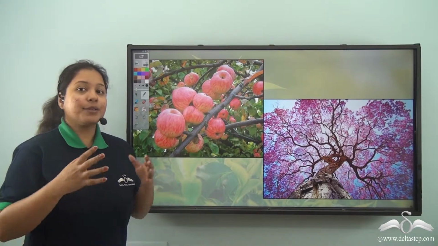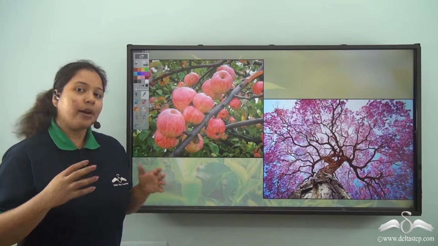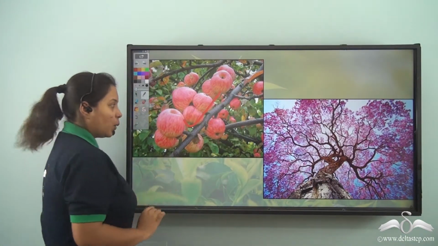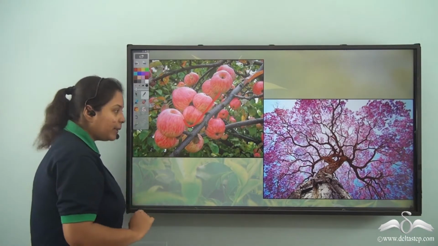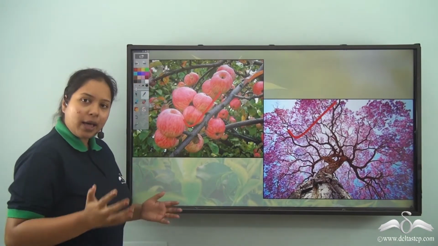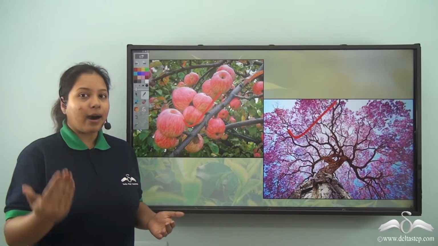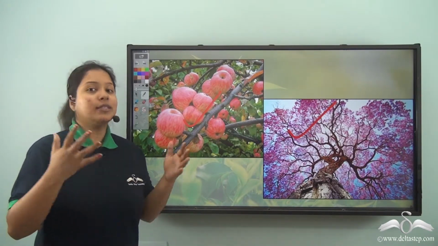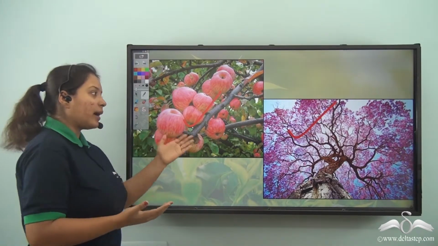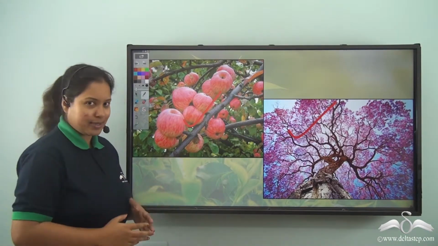Similarly, the hands of the plant, that is the branches, help them to hold their other body parts. See, over here, this branch is holding the fruits. Similarly, here we can see the branches holding the different flowers. So, over here we can see just like our hands help us to hold different things, the branches help the plant to hold other different body parts like the fruits, flowers and leaves.